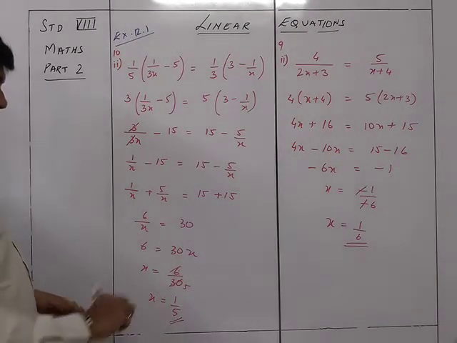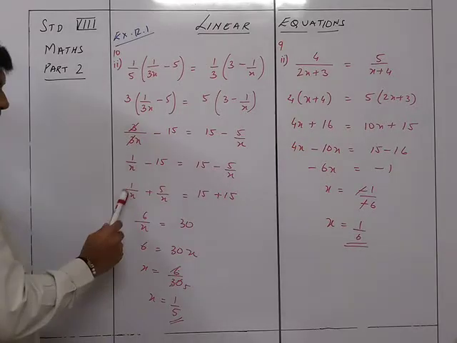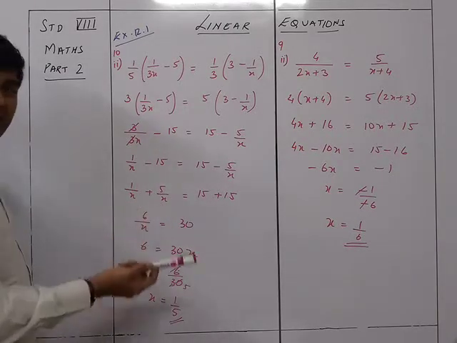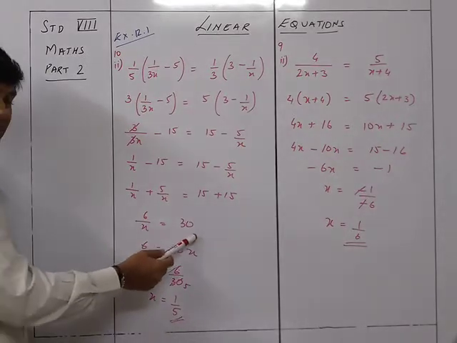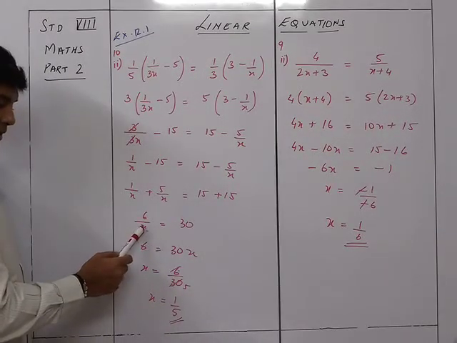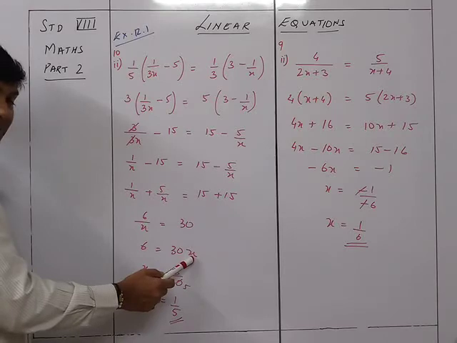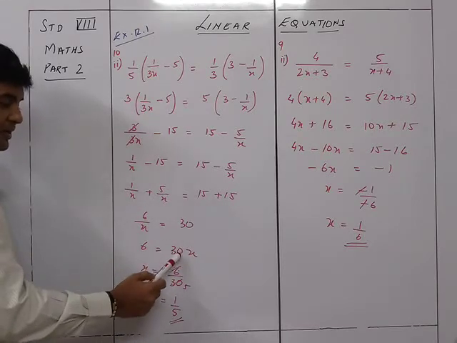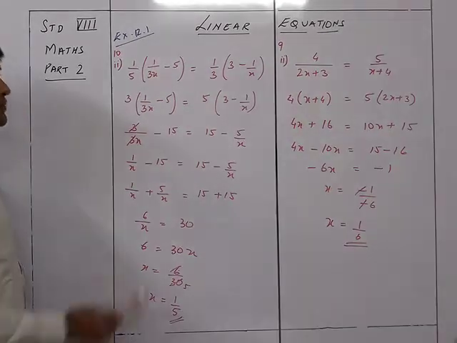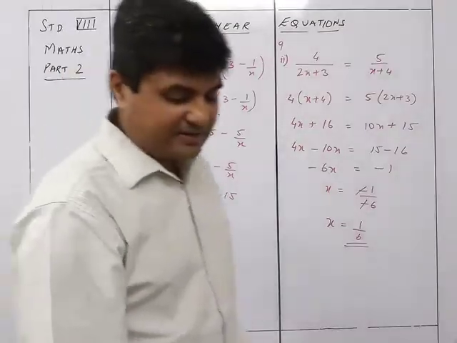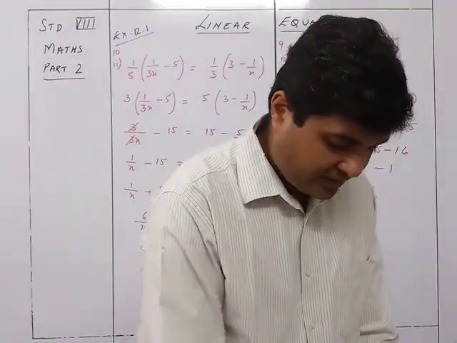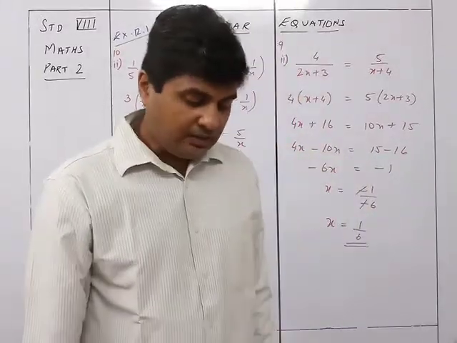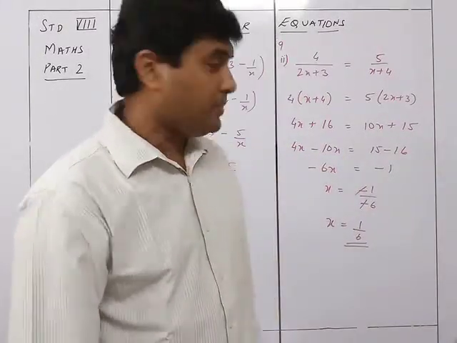Understood? What we did here is 1 upon x plus 5 upon x. LCM is x, so you are just going to add 1 plus 5 is 6. So 6 upon x is 30. X is in division, so it goes over here for multiplication. And then you are going to get rid of the 30 by bringing it over here. So it is 1 upon 5. So that is sum number 10, second, with answer 1 upon 5. Correct answer. We go next to sum number 11.